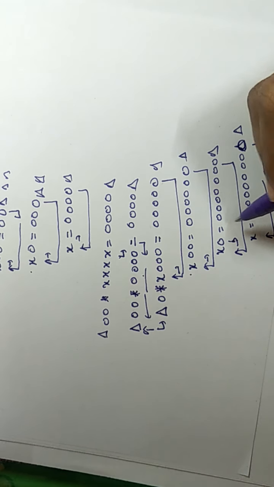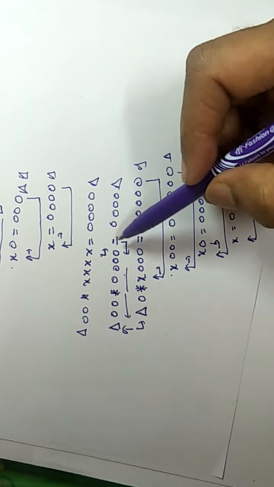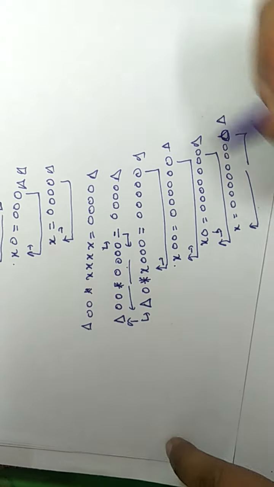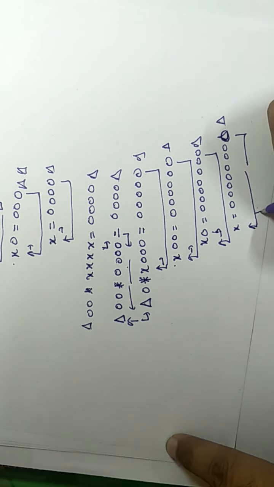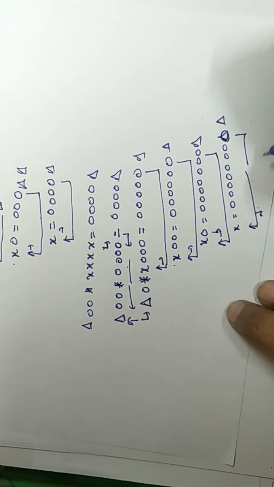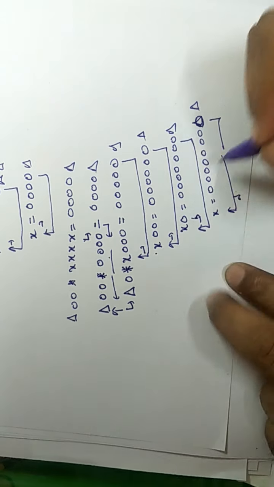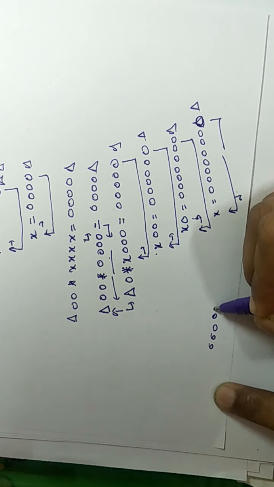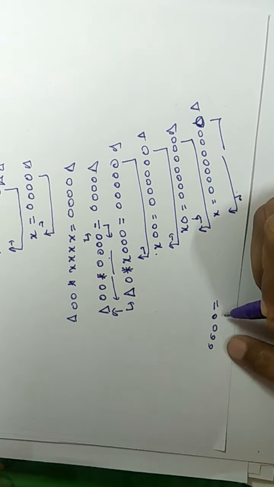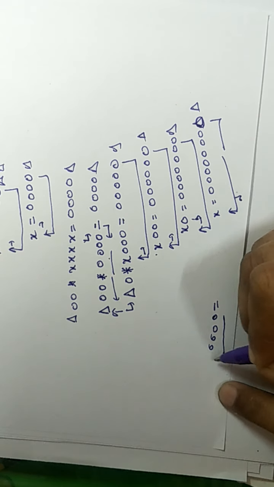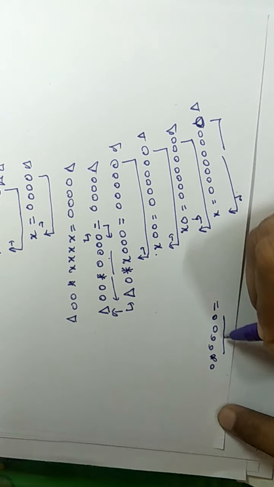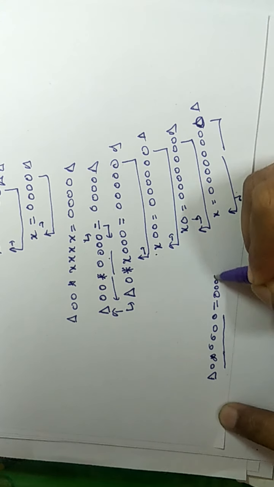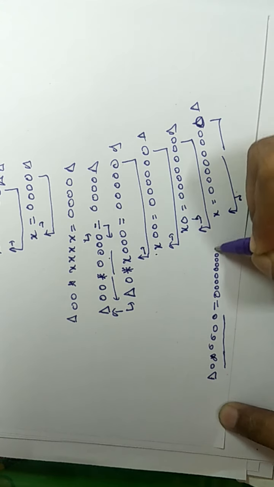In the right of x we will get equal to as we get here. So we will move back and convert all x to 0. From this position we will move back and we will get 0 0 0 0. In the right of this we will convert all x to zeros and move forward, move in the left and reach till this blank. Now we have 8 zeros here.